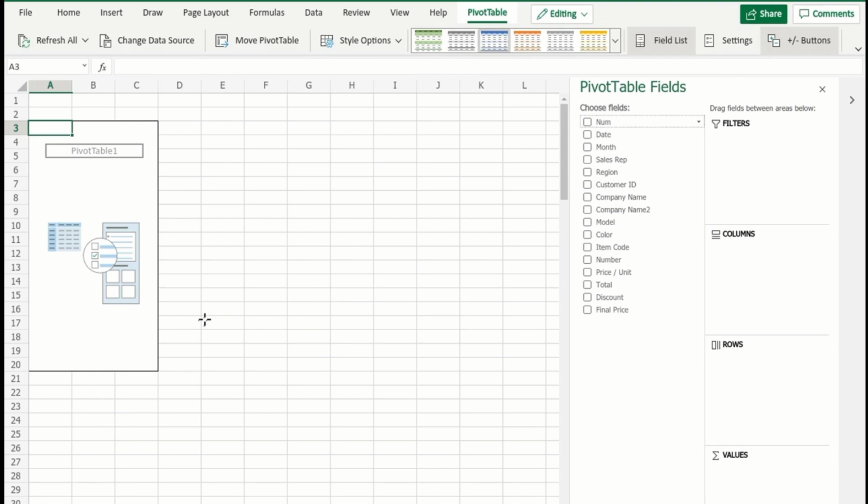To the left, you'll see the empty pivot table, and to the right of the screen, you'll see a section called Pivot Table Fields, where you will define what information you would like to plot on your pivot table. To create a pivot table, you will define the categories as either filters, columns, rows, or values. In the values category, you will only have numbers. So in our case, this could be the units column for the number of chairs sold, or the final price